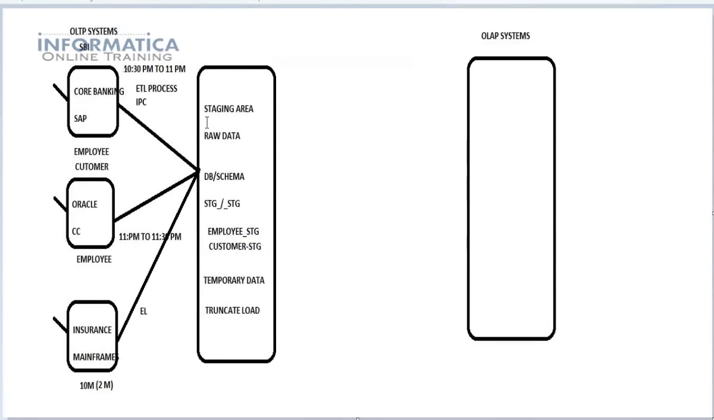First of all, we load the data into the staging area. How frequently you load the data into the staging area depends upon the requirement. We may load the data daily, weekly, or monthly. When you are extracting the data from the employee table and loading it into the employee underscore STG table, it's nothing but an ETL job. How frequently you run these ETL jobs depends upon the requirement, and you are going to schedule them